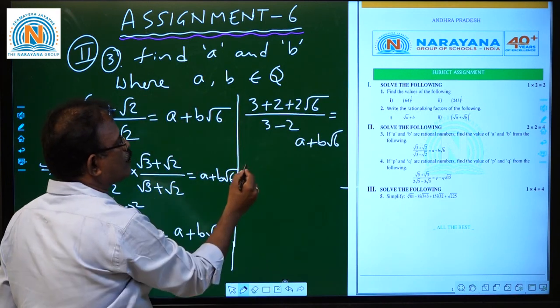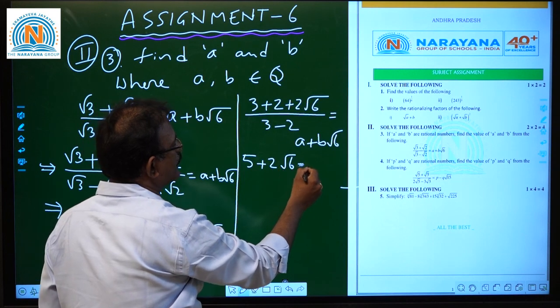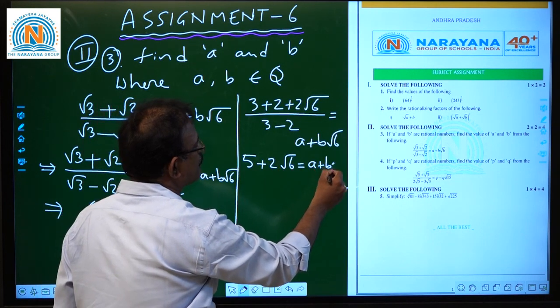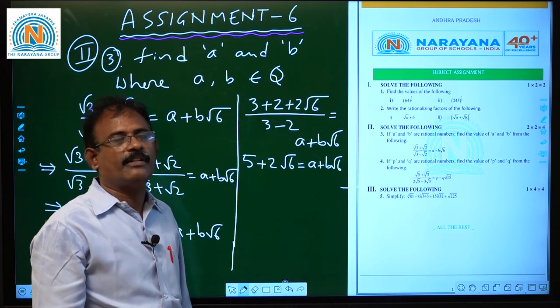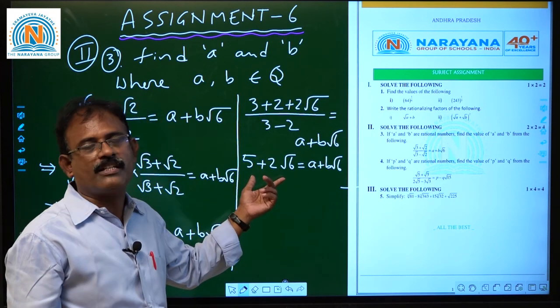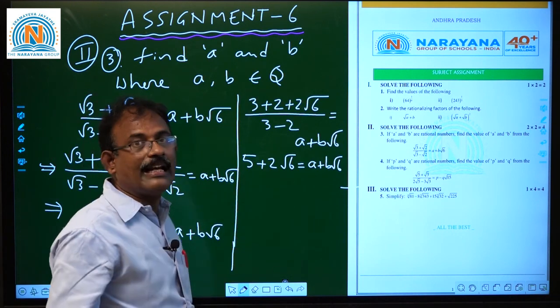Now 3 plus 2, 5 plus 2 root 6 is equal to a plus b root 6. Because 3 minus 2 gives 1 in the denominator, directly 5 plus 2 root 6 remains the result. So on equating the like terms,